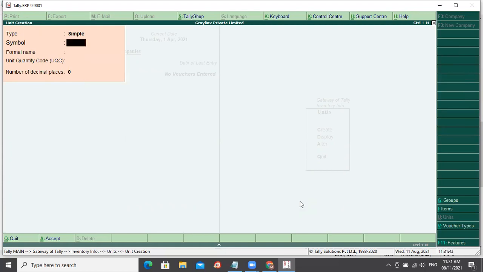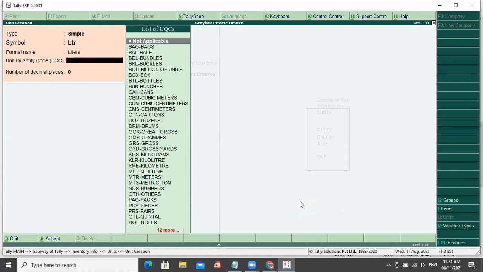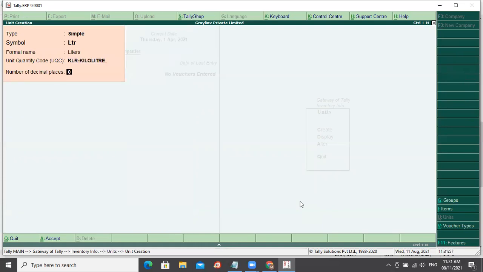Then I'll also create one liter, liters. Okay, so in GST it is called as kiloliter, KLR. Okay, yes, I require decimal points. I'll say 2 decimal points.